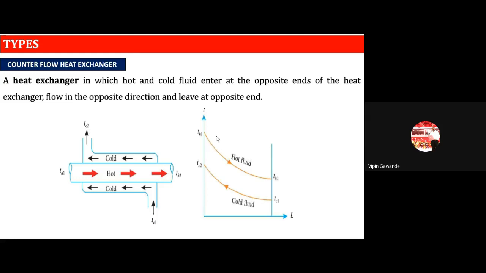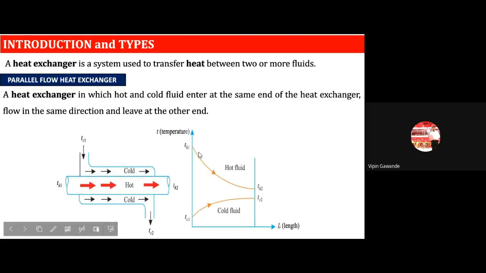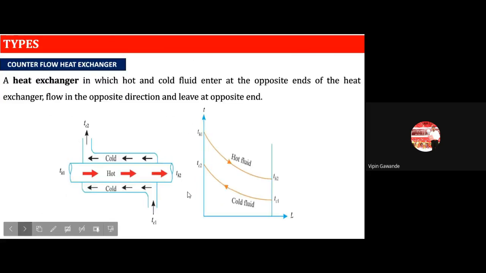Now, if we take the difference between these two, you see it is approximately constant. We will see why this difference is constant. That is a very important concept, and the maximum number of questions have been asked on this concept. So this is the diagram for the counter flow heat exchanger. The cold fluid goes up because its temperature is increasing, while the temperature of the hot fluid is decreasing. You have to remember that. These two diagrams are very important: the first is for the parallel flow, and this one is for the counter flow heat exchanger, which is opposite, going downward and upward.